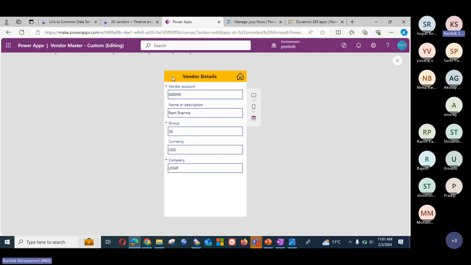Once you click on the submit button, you get one more dialog box where the record is created in the Dynamics system. You see it's processing and creating a record there. For this also, we have used Power Automate. If I go here,